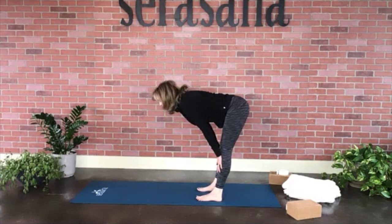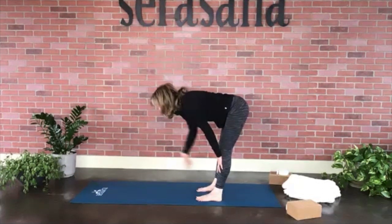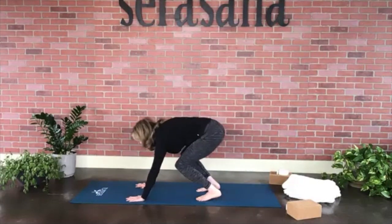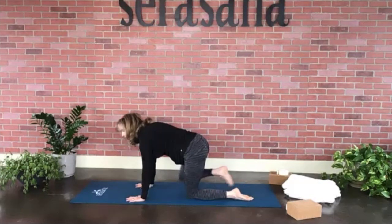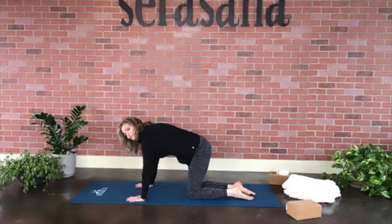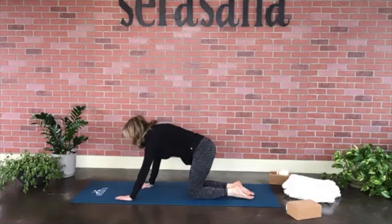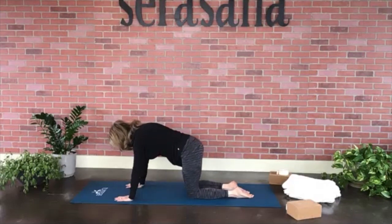The back is as flat as can be. Gaze is right towards the mat, holding this. And then on the next breath, we're going to come back onto our mat into a table. But we're not going to stay in the table unless you want to make a few little wiggles, which is perfectly fine to do. And then from here, we're just going to draw the knee, take the right knee and